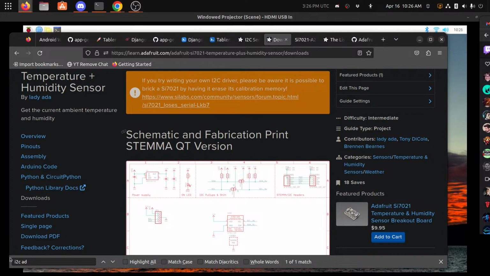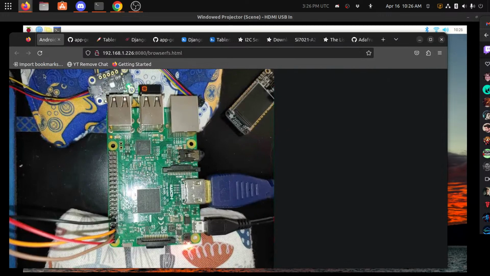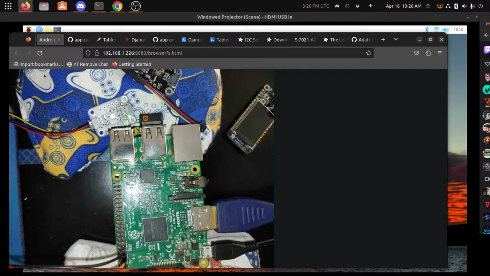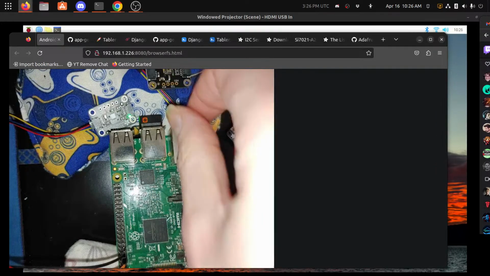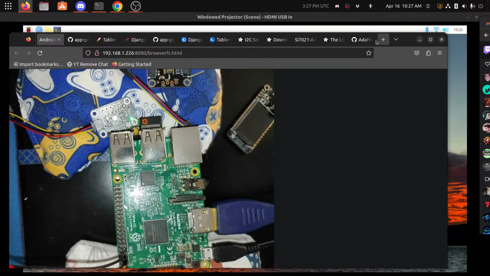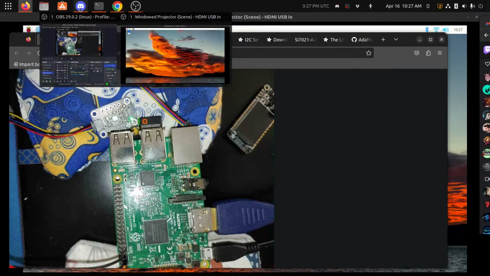Is 3A one of the hex values being written? Let's see. I now have an AHT20 to try instead, and a Stemma cable with which to connect this to a microcontroller instead of